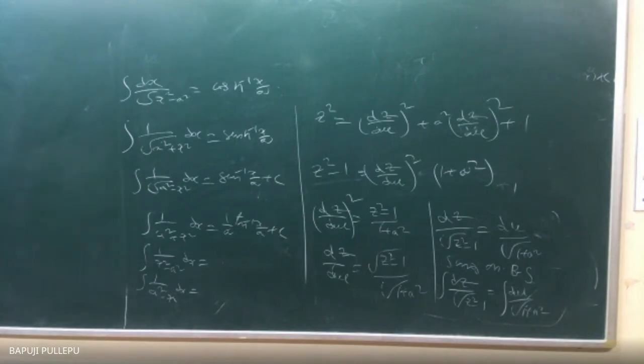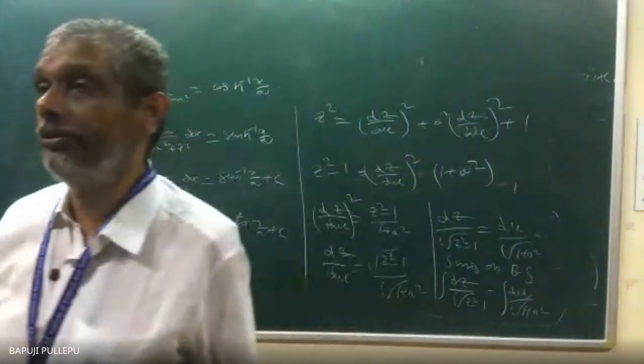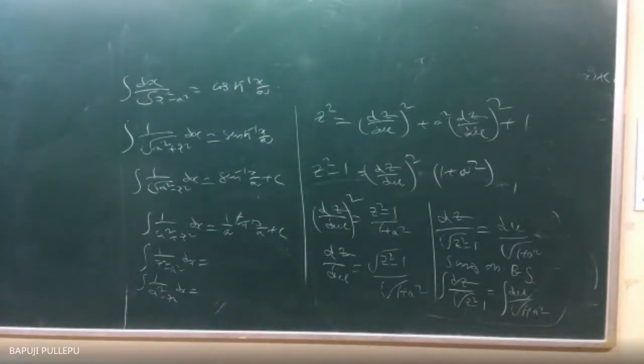Okay, time, I have to shut this class. Again I have another class. You have class up to 27. Yeah, also correct. I think this is x minus a by x plus a. You can write the integral of 1 by x square minus a square. Got it? I think x minus a by x plus a is correct.